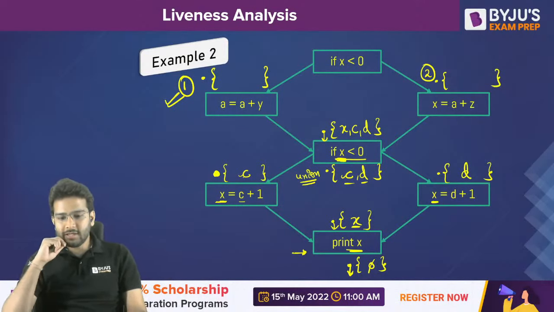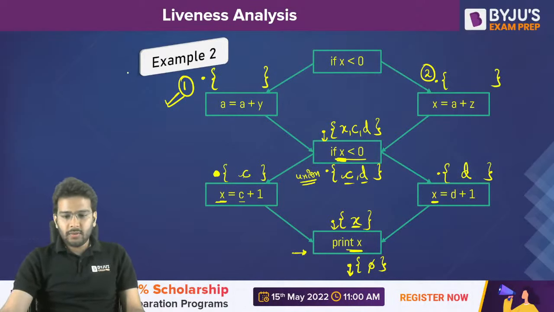Okay, so Bhagya is saying AZCD. Vishal is saying AZCD. Saini is saying AZC. Okay. Now carefully see this. From this set, we are going to get XCD. So first find out whether we are writing into anything. We are writing into A, right? But before performing this write operation, we are reading the value of A, then only we are performing write. So first we are reading, so A will be there.